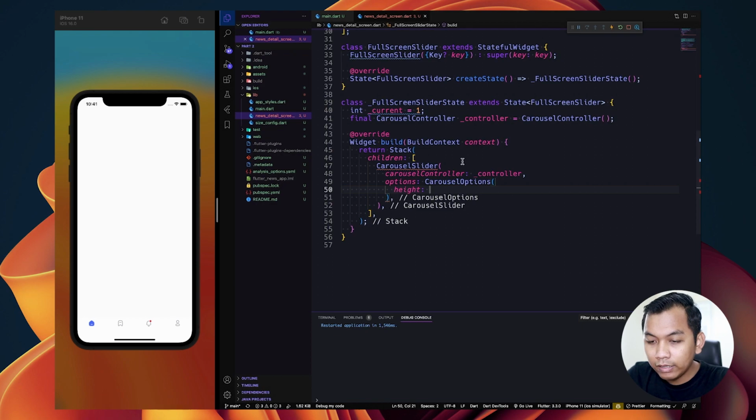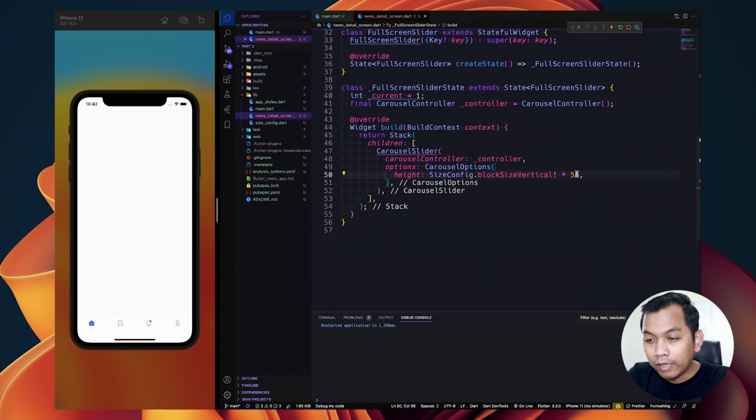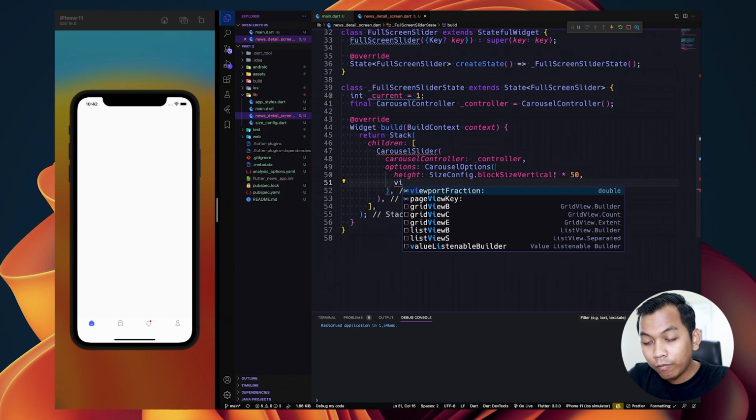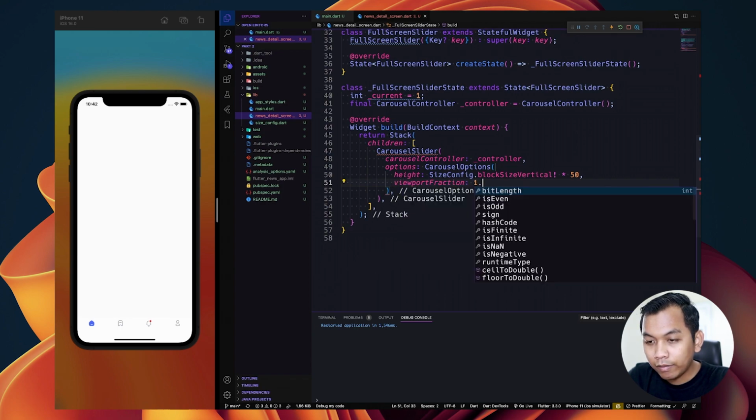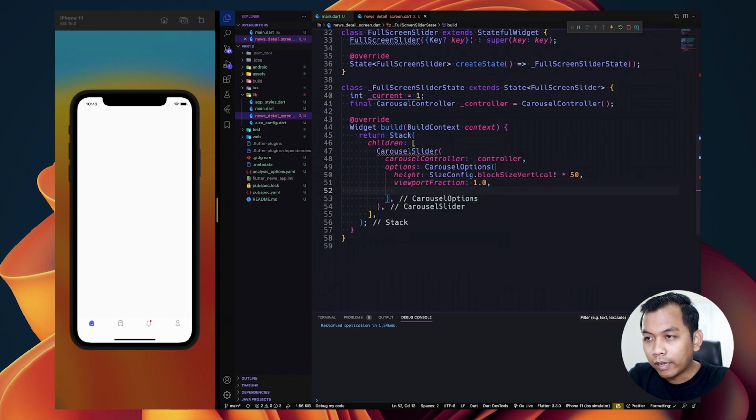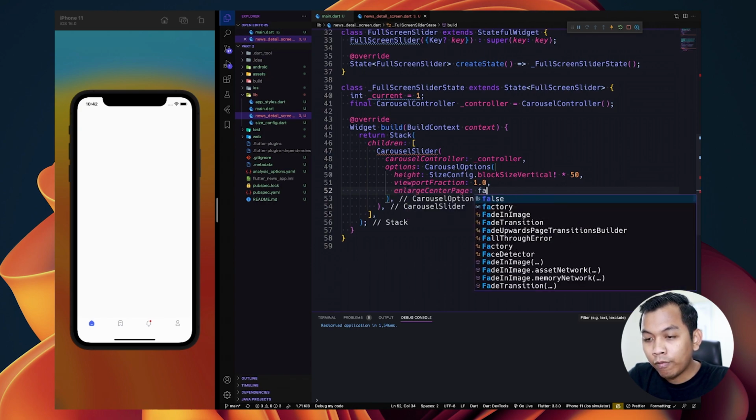So we can simply say size config dot block size vertical times 50. 50 means it's half of the screen height. And for the viewport fraction, let's say 1, and enlarge center page to be false.